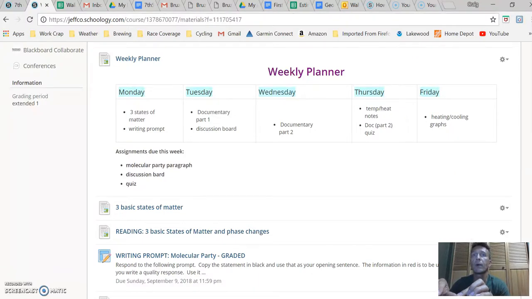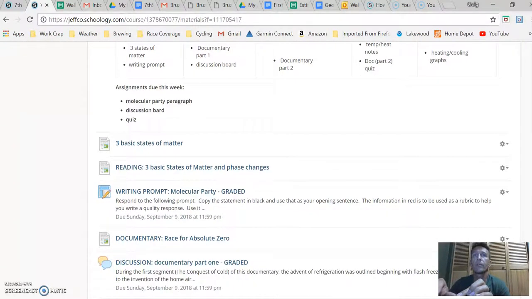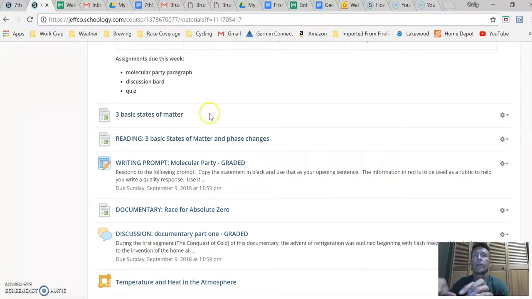Some things to keep in mind: if you look here, usually this little icon is just a page icon, and I usually try to identify what it is you're looking at. I don't know that I've done it with every single activity along the way, but for example here, it says a reading.